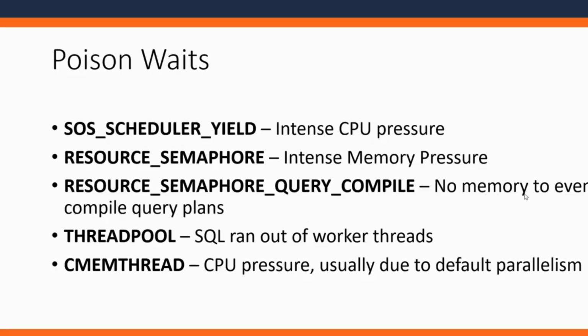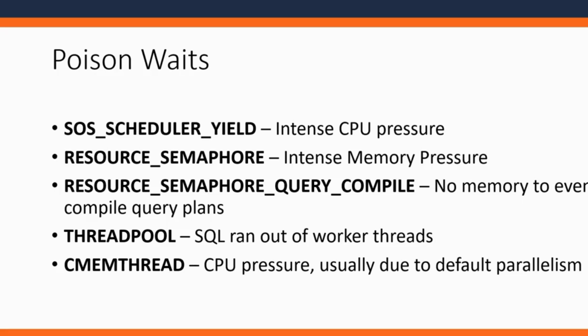There are a couple of scary wait types that, if you see them, are problematic. They're known as poison waits, which means that if you see these, it's bad. These aren't exclusive, but these are the 5 most common ones we see. So if you see SOS scheduler yield wait, that means that